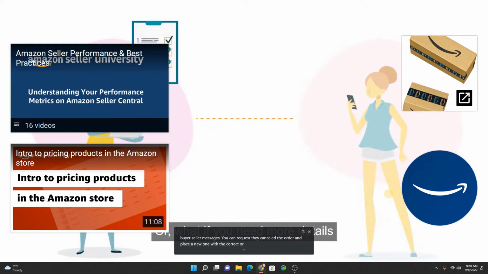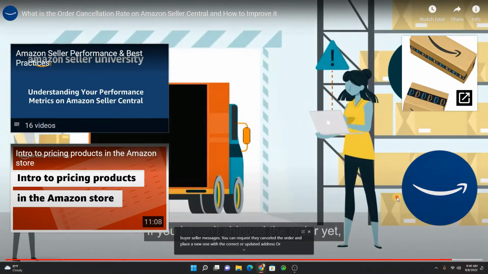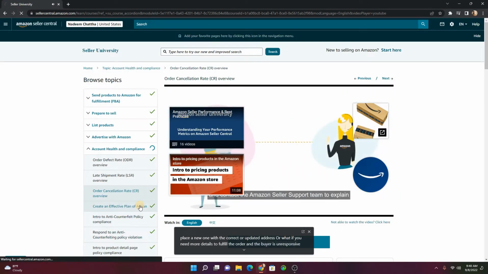Or, what if you need more details to fulfill the order and the buyer is unresponsive? If you haven't shipped the order yet, you can cancel the order and contact the Amazon Seller Support